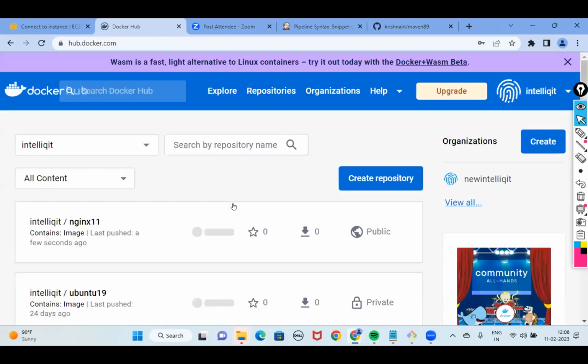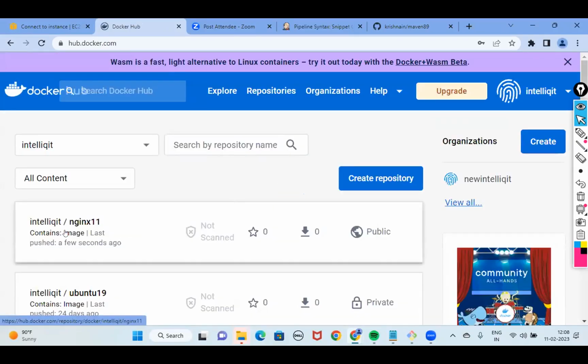Do you see? There is an image called IntelliQIT Nginx 11, which was pushed just a few seconds ago. Okay, that's it, done. So this is how Ansible is integrated with Docker.